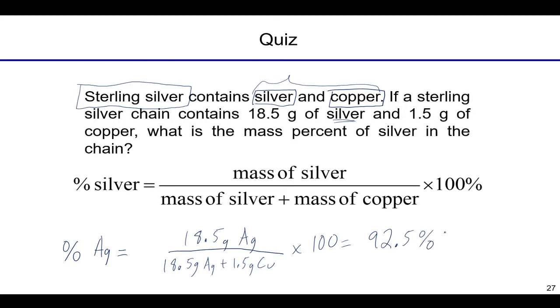Okay, and I'm going to use 3 sig figs here for reasons of significant figures. The numerator is 3, the denominator is an addition, and you always keep out to the 10th place if they both go to the 10ths. Then this becomes 20.0, which is 3 sig figs, and then 3 sig figs over 3 sig figs gives us 3 significant figures. So that's why we're going out to 92.5% and not rounding to 93.